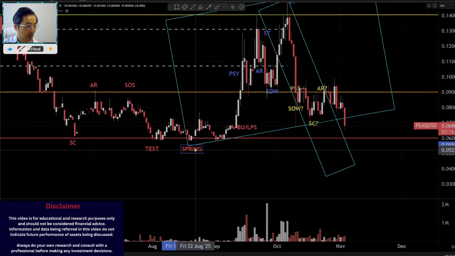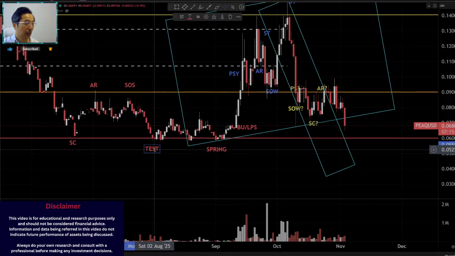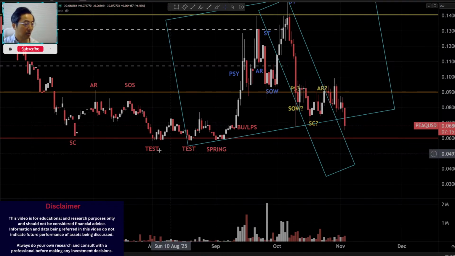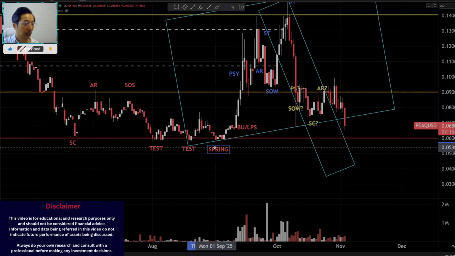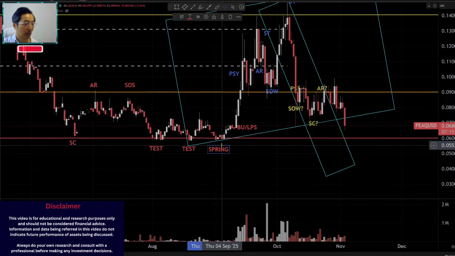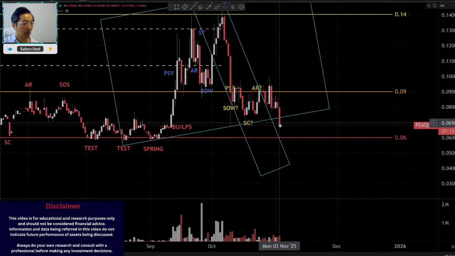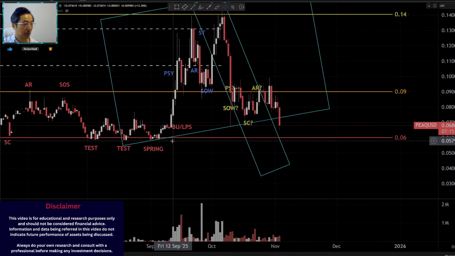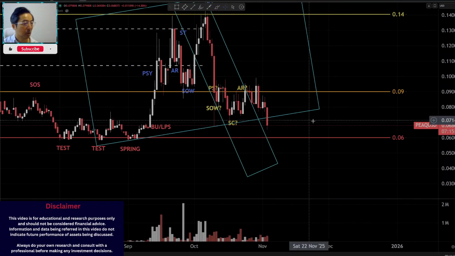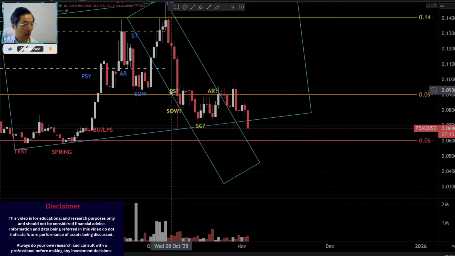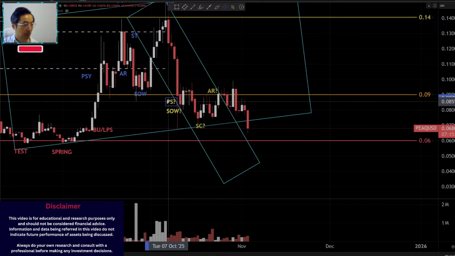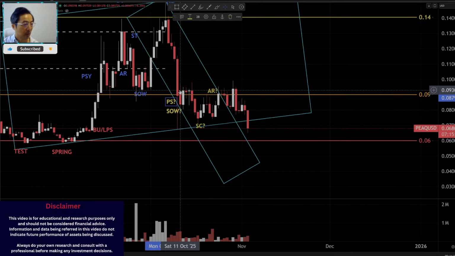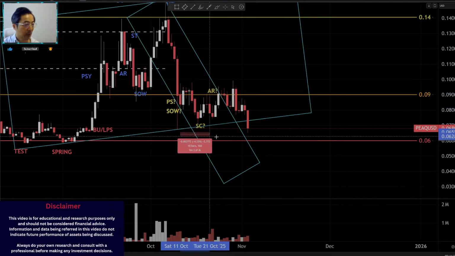So that's where the last accumulation cycle, those tests and spring stayed. So there were 3 times. August tested 2 rounds, and then eventually the spring happened in early September. And now we are getting back to a level that's very close to that point. So that's why the question marks I put in here previously. This, like 3 weeks almost,